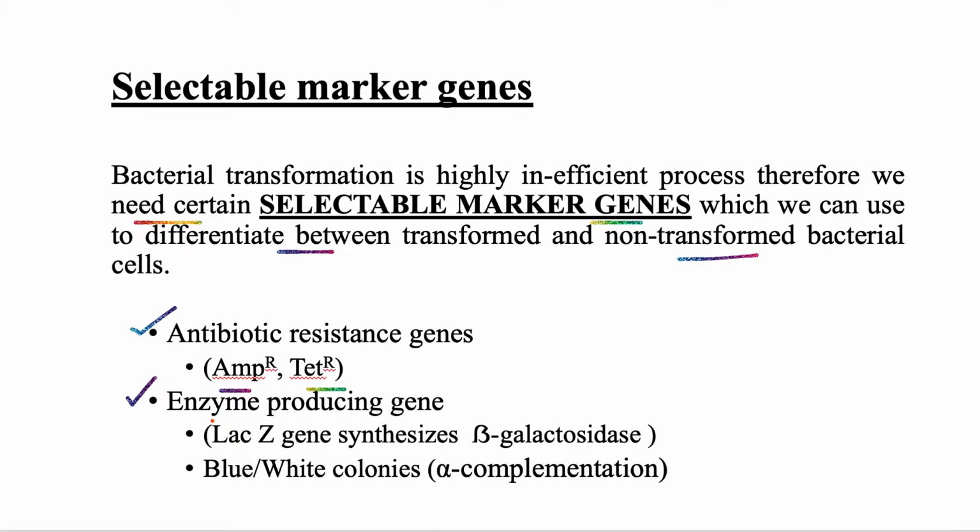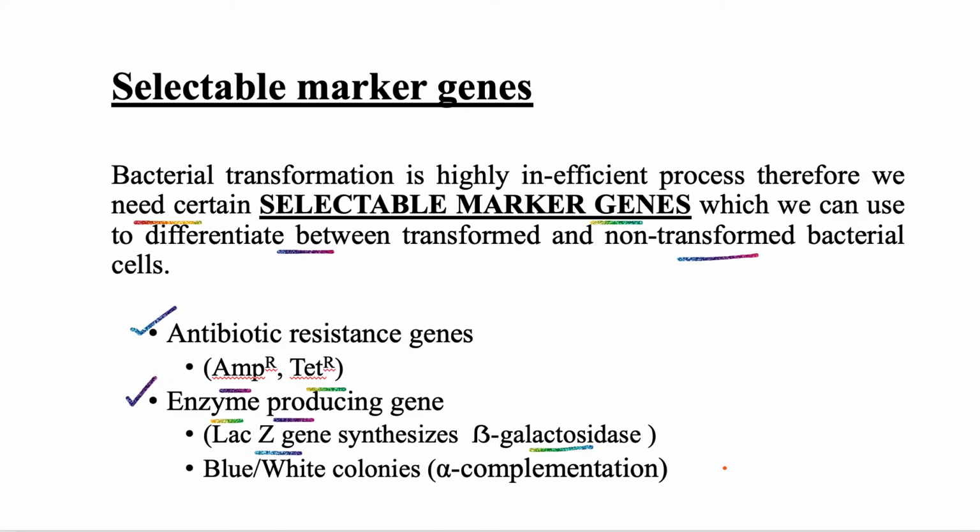We also have another type of selectable marker gene, that is enzyme producing gene. For instance, the lacZ gene that synthesizes beta-galactosidase. Beta-galactosidase is an enzyme that is synthesized by the lacZ gene, and that beta-galactosidase will then act on X-gal substrate, and it will convert that substrate into a product which is blue in color. So if we have beta-galactosidase in a bacterial cell that is synthesized and functional, then these bacterial cells will have the ability to act on the substrate